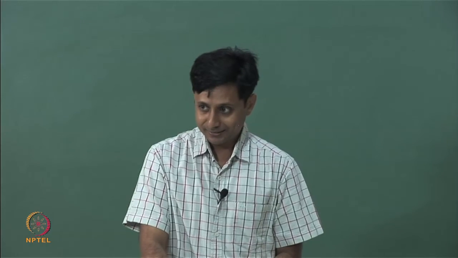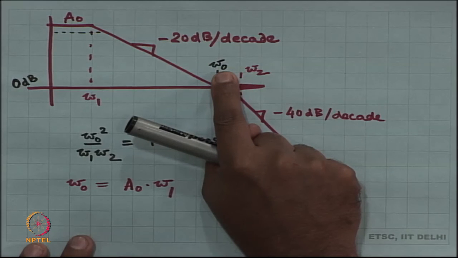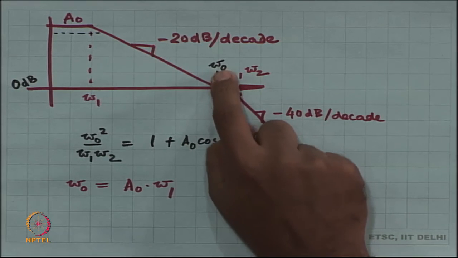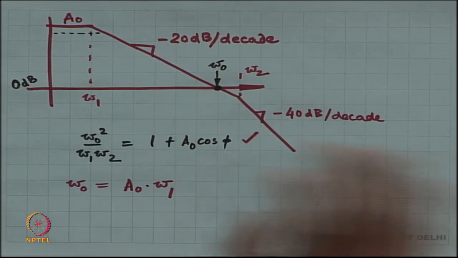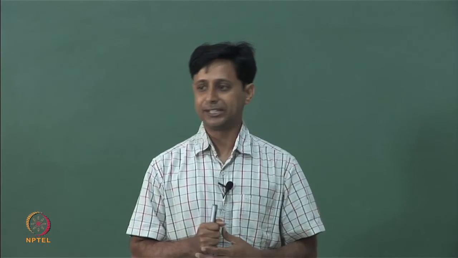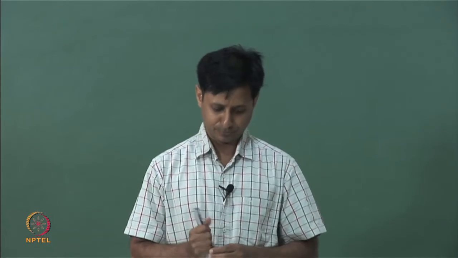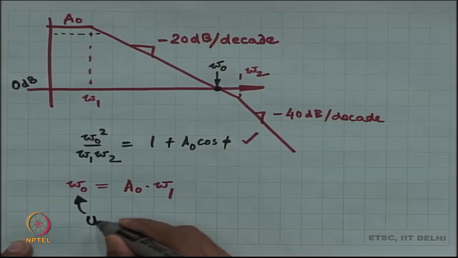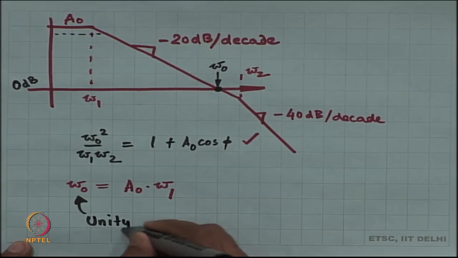For us, the unity gain bandwidth is more important. The unity gain bandwidth is nothing but omega naught. And when you talk about bandwidth, you are just going to state the unity gain bandwidth omega naught. Unity means 1,